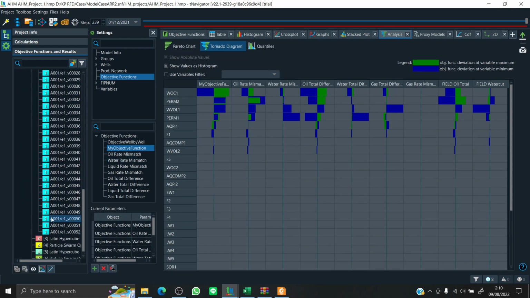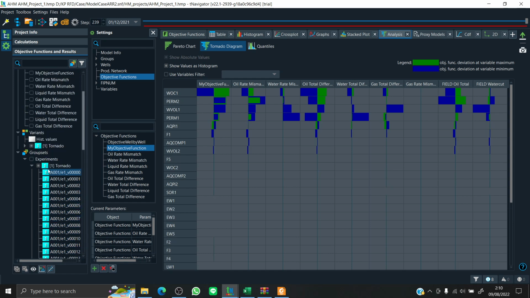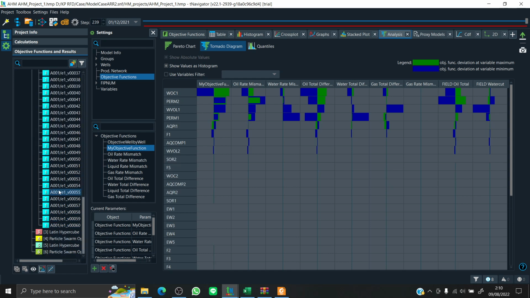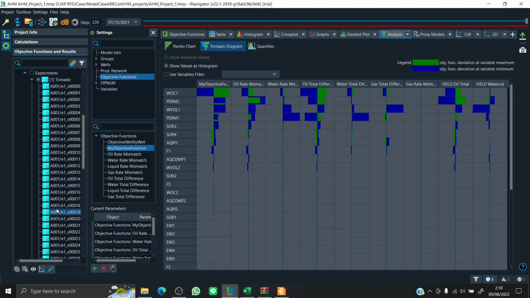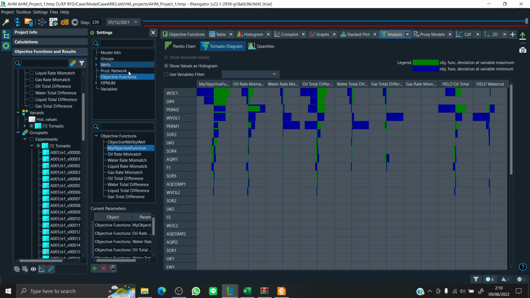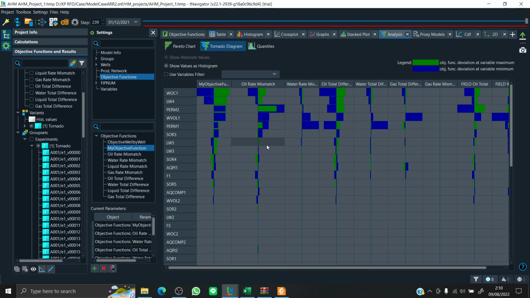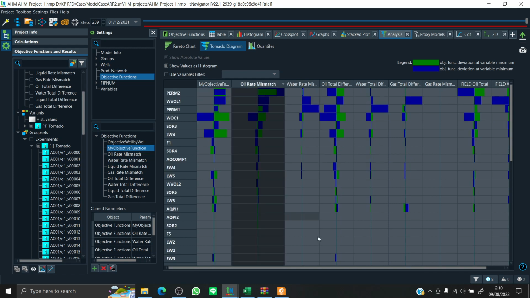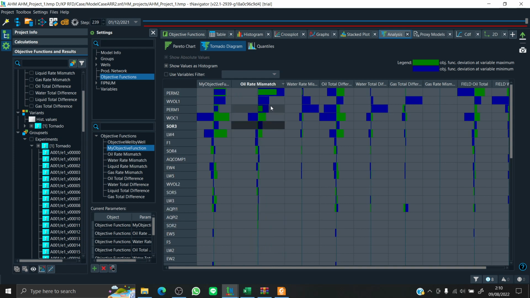I actually have 100 results because we have more than 50 variables, so we have around 100 simulation results. So as we can see here, for the oil rate mismatch, we can select this to see what variables are affecting the oil rate mismatch the most and how it affects it.